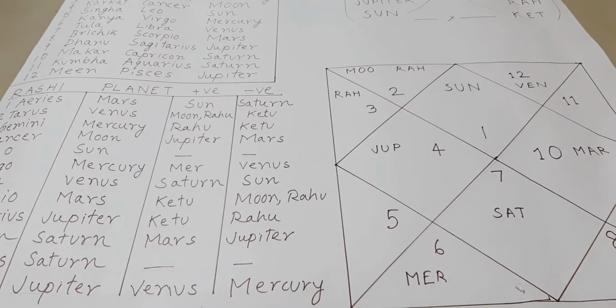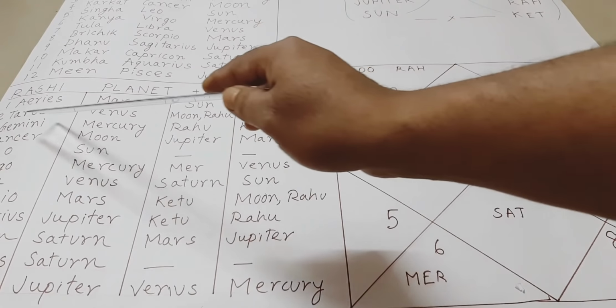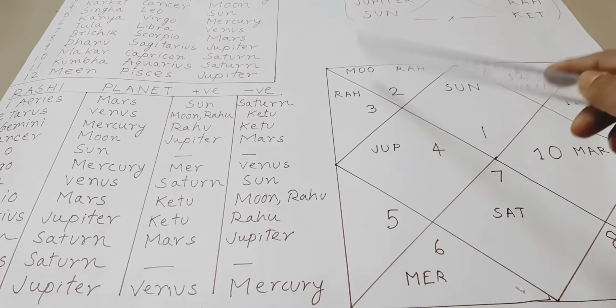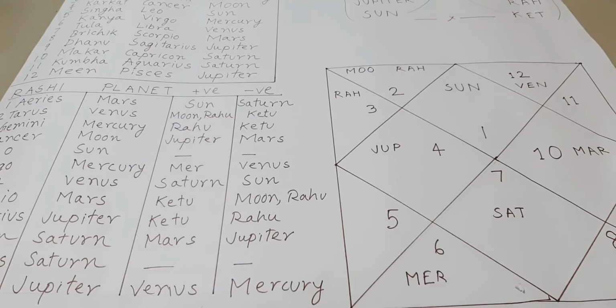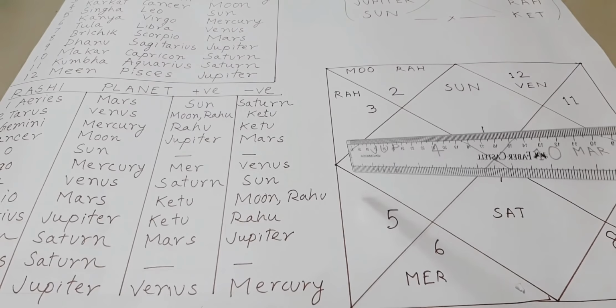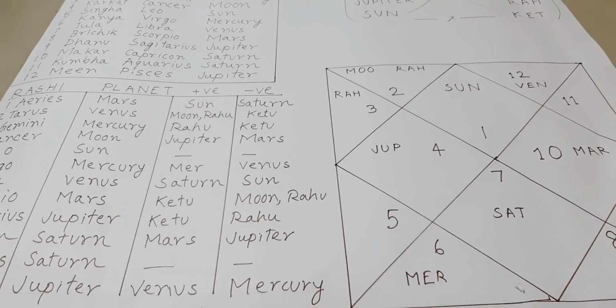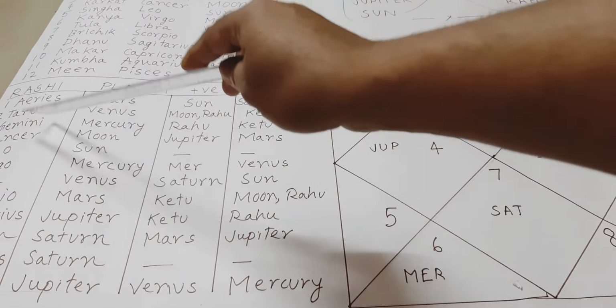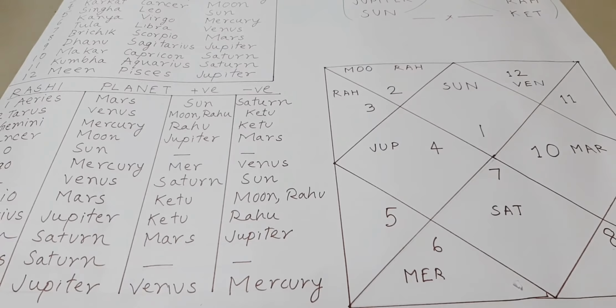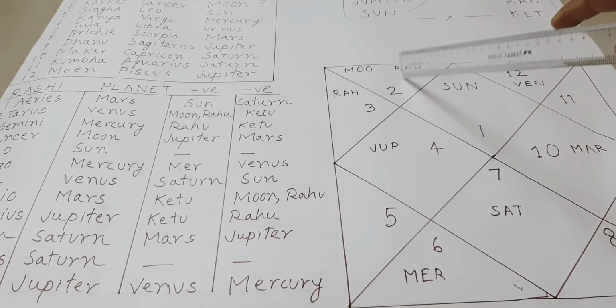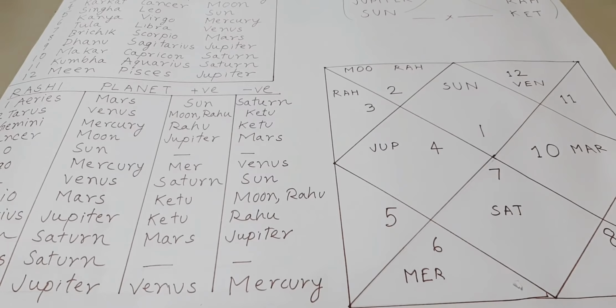Next comes number 2. We saw that Moon is positive with number 2, that is with the Taurus sign. Here with Taurus, Moon is positive, we have seen. Opposite to Moon is Ketu. We can see that 1, 2, 3, 4, 5, 6, 7. Opposite to Moon is Ketu. Therefore, Ketu is negative with number 2. And you can see our second line is also completed now. So, here Rahu is positive, and with the same number 2, Ketu is going to be giving negative results. Now,